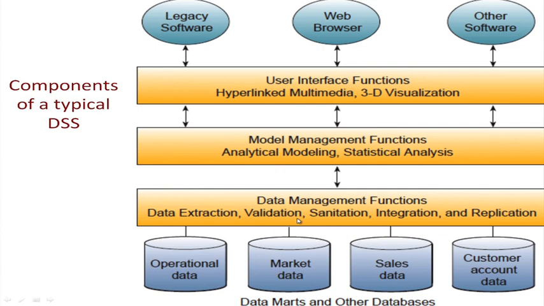Then you have many data management functions for data extraction, data validation, data sanitation, integration, replication, etc. And finally, you have models, which can be analytical or statistical models. Using these you analyze the data. For example, in the voyage example we were trying to figure out the parameters which maximize